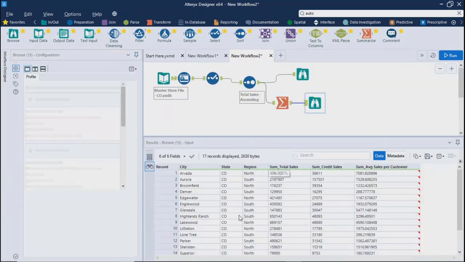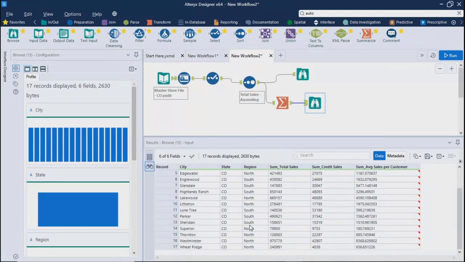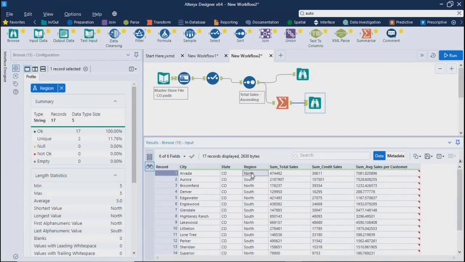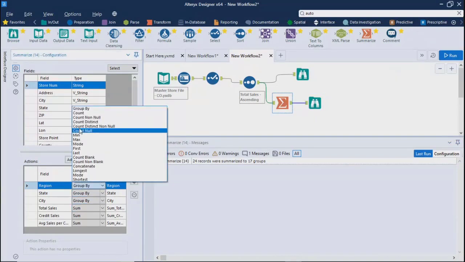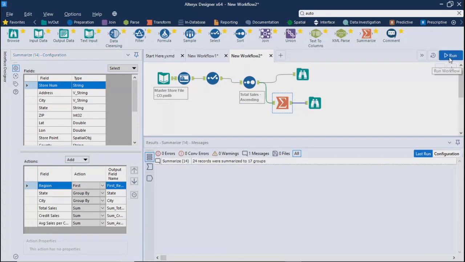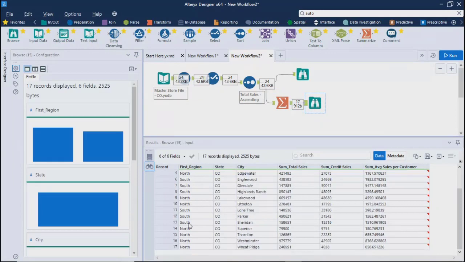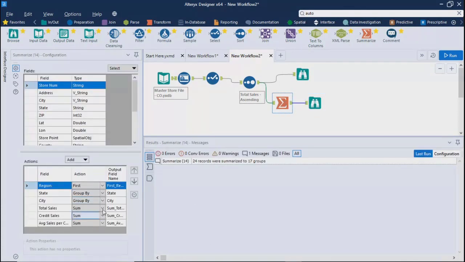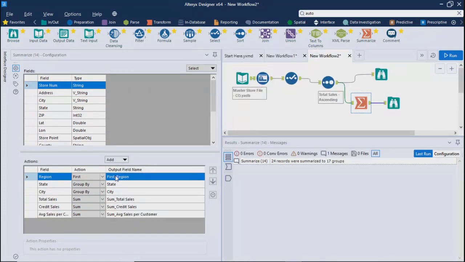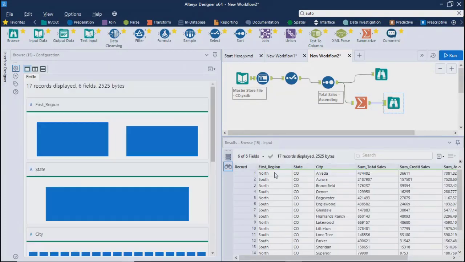Over here you are getting data for north, south, all that, starting from north. What I'll do is go ahead and, for region, I will take it as first and then we'll run this. So what will happen all across? See, nothing happened this time. You are still getting your data in the same scenario. I hope it was first. Yeah. So it says first region, north.